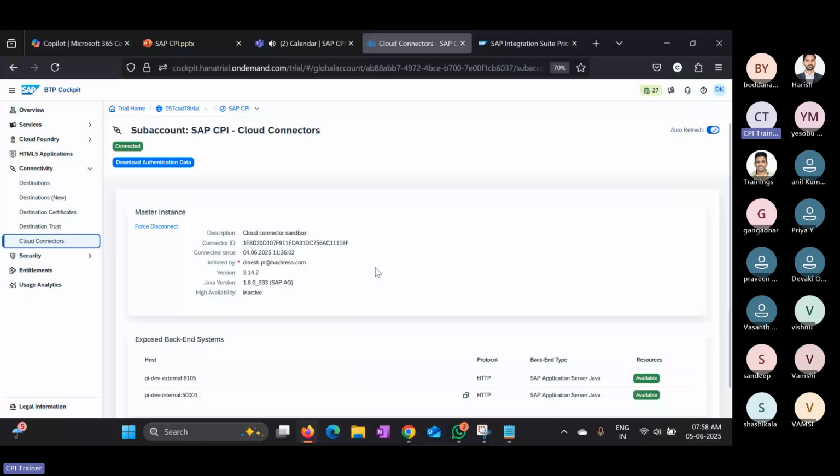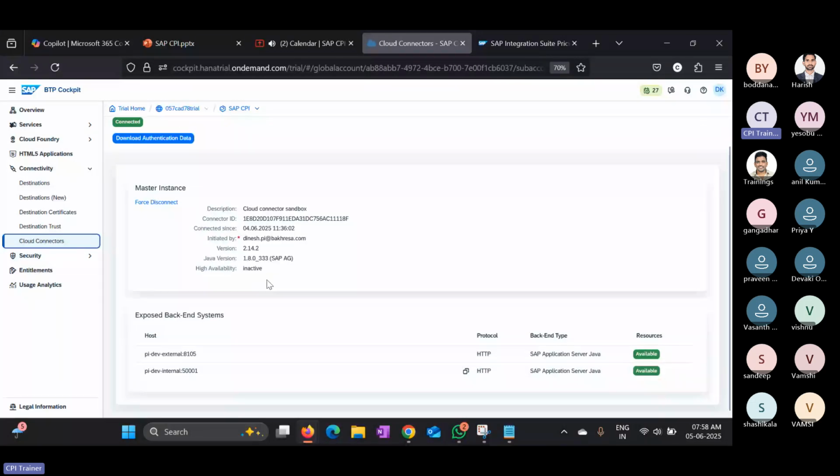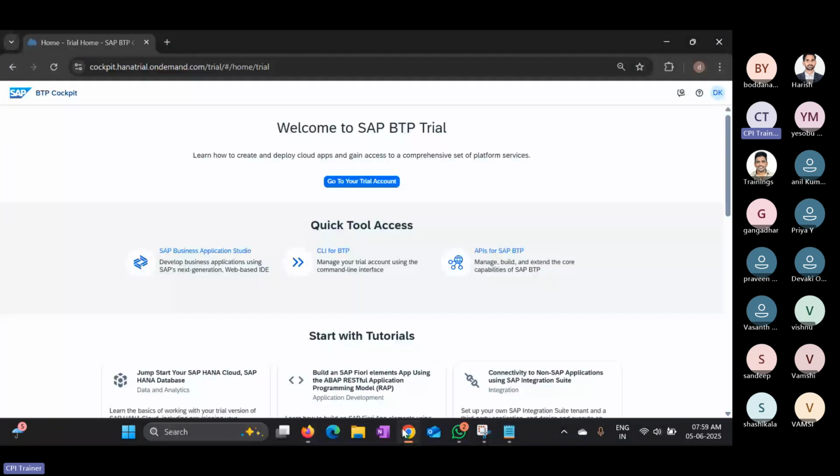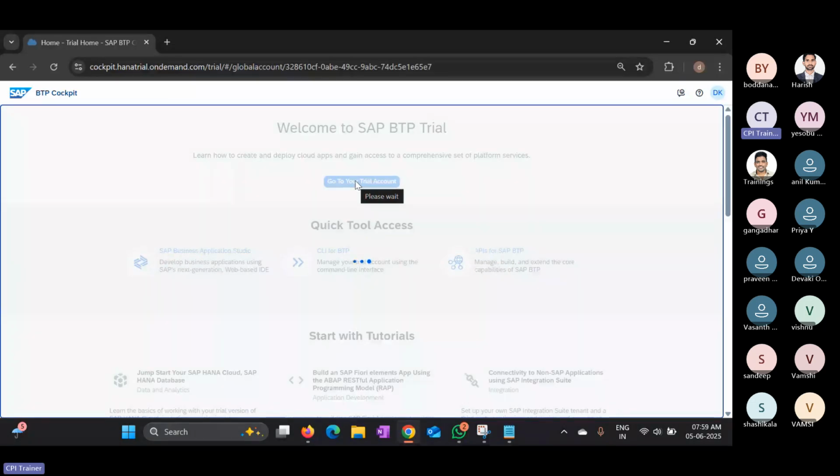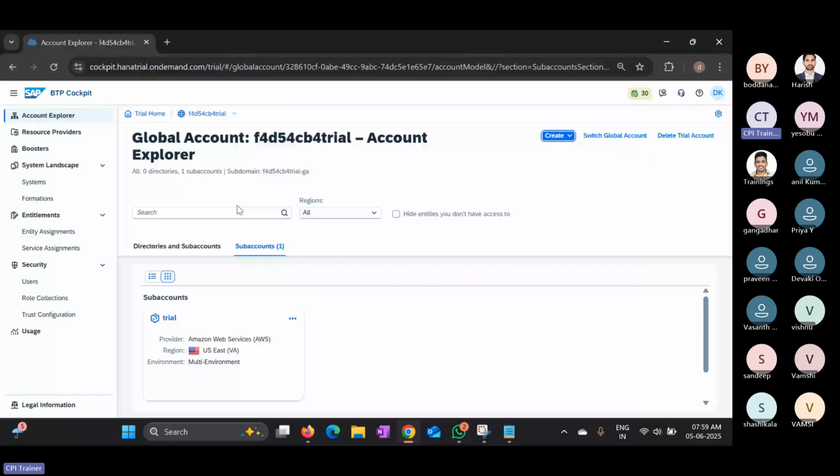Okay, so actually here you can see it's showing because it's already having the Cloud Foundry account, but in real time you will see in your account like this. I'll show you. It will not show you any Cloud Foundry. Let me show you that. Okay, let me go to my account,